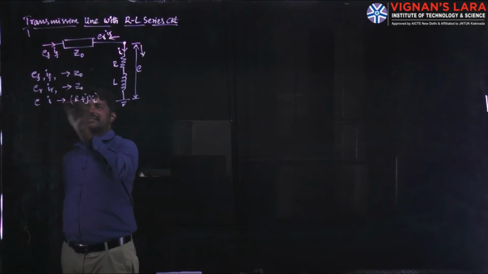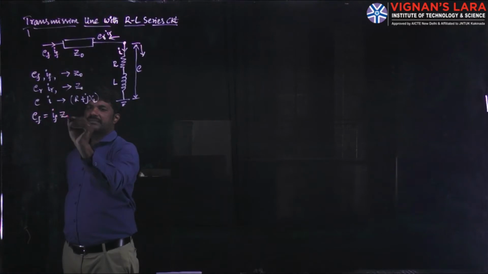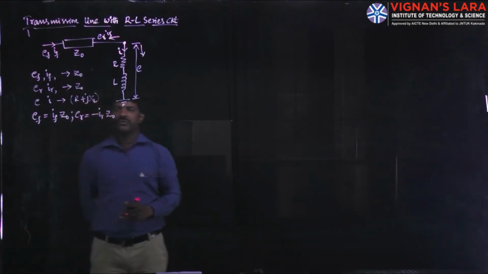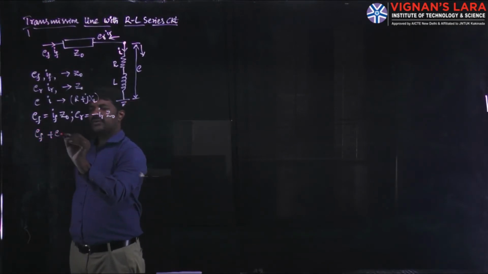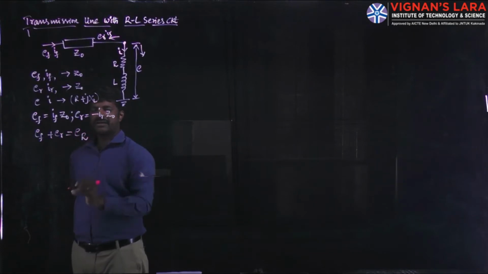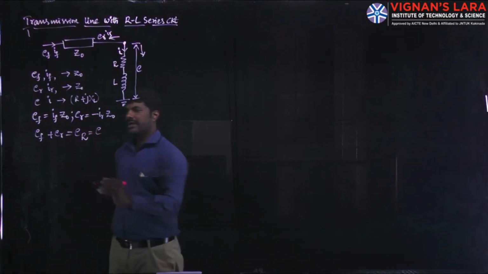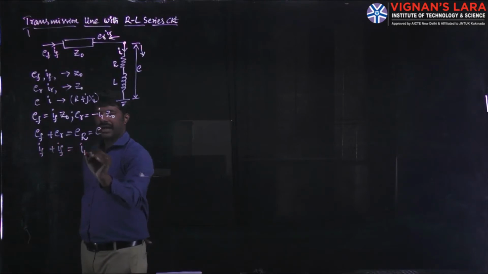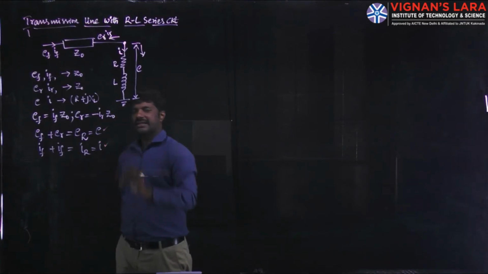So the interrelations between them are EF is equal to IF into Z0, whereas ER is equal to minus IR into Z0. The minus symbol is because of moving in the opposite direction. And next, EF plus ER is equal to the refracted or resultant or small e total value. And IF plus IR is equal to I refracted, which is equal to small i. These are the basic interrelated equations.